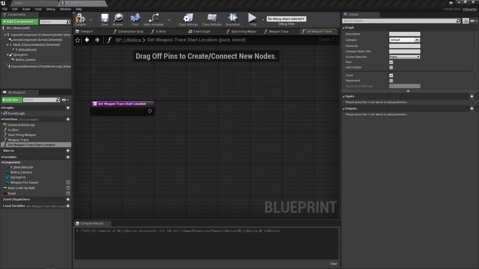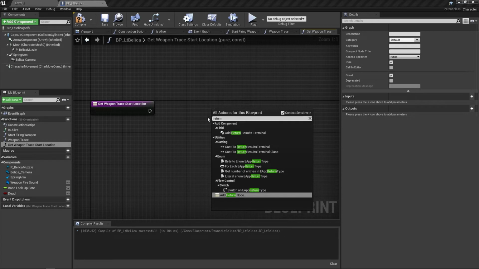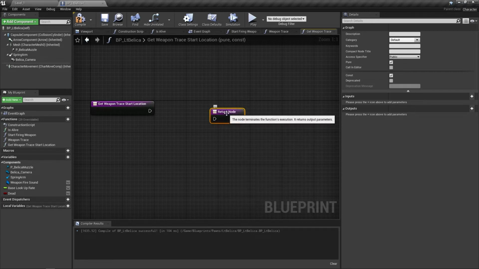And let's go ahead and let's see here. We need to get a socket location. Okay, so first let's go ahead and put our return node in here since that one's easy to do. Go ahead, just type in return. We're going to add a return node. I'll plug that in here. Okay, and